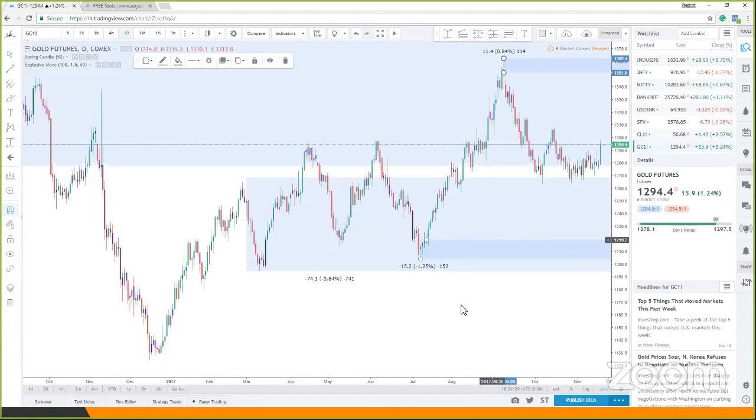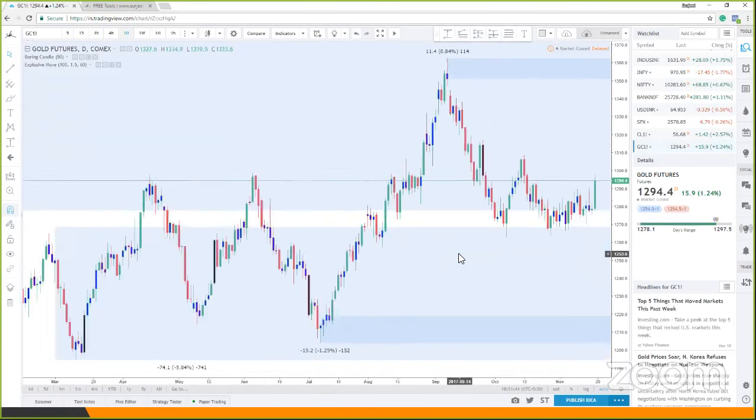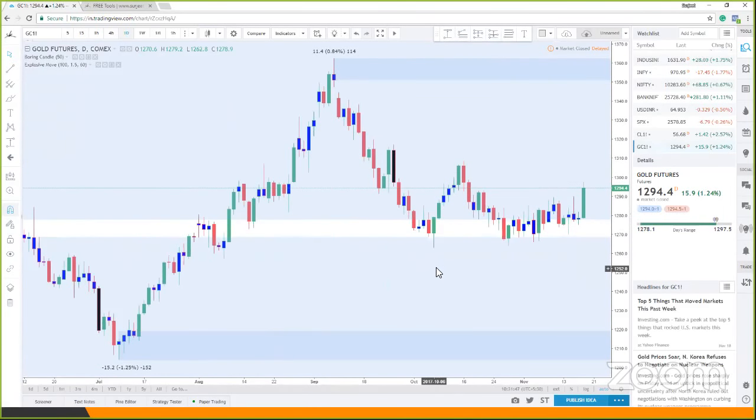Now coming back, that is what you can look into for gold as a longer term perspective, where you are trying to get into a position and hold it maybe for a few months. Watch the black candles. What do the black candles stand for? I'll brief you very quickly.